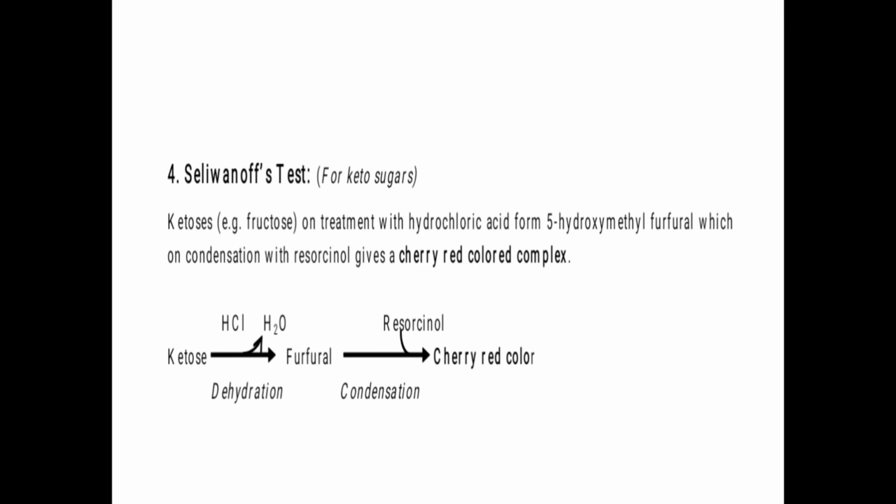Now how to differentiate glucose from fructose, or how to differentiate aldose sugar from keto sugar? Which one is an aldose sugar? Hexose glucose contains an aldehyde group, so it is an aldose sugar. Fructose is a keto sugar. So fructose, remember, is a keto sugar, correct? This is the classification of monosaccharide. So Selivanov's test is used to distinguish between aldose sugar and ketose.